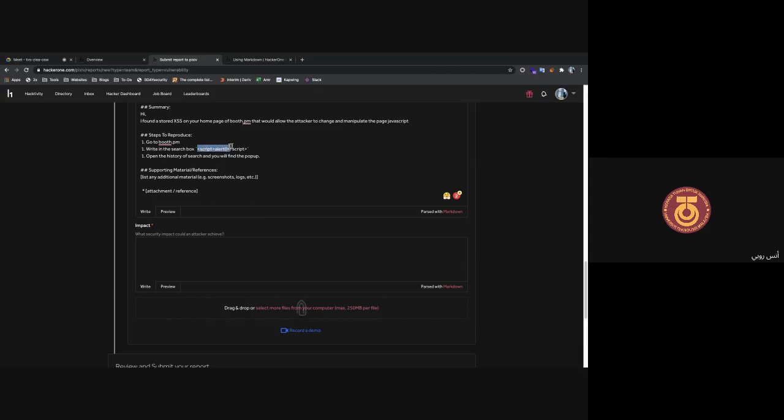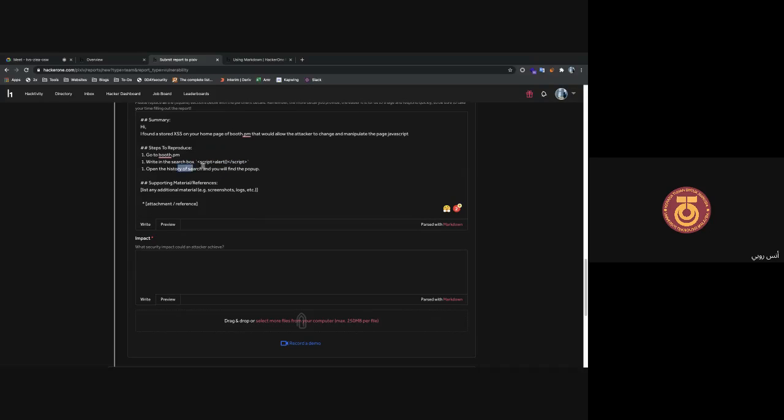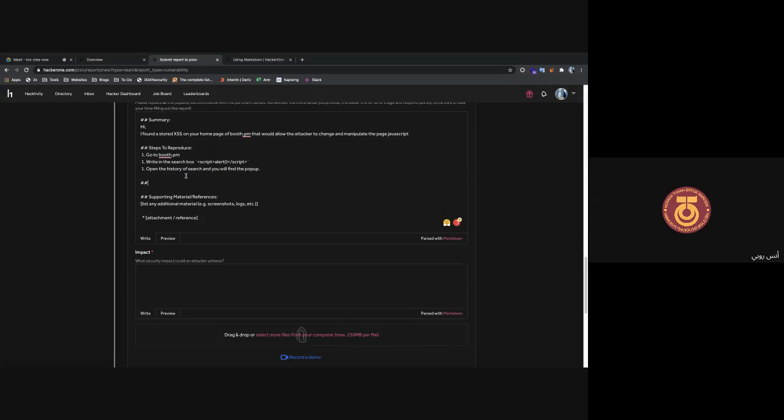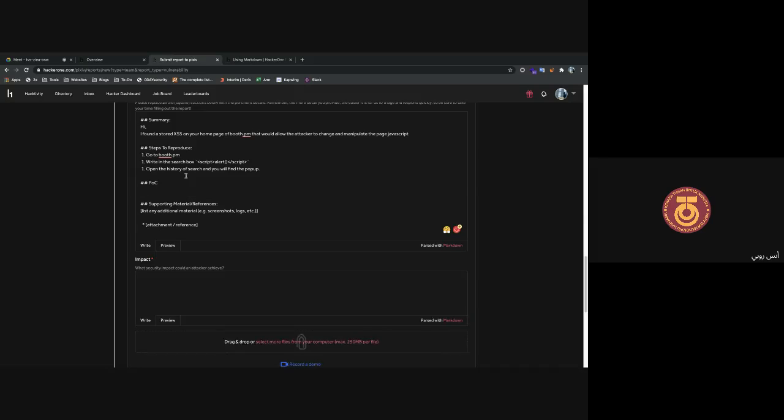So once you search for this payload, any other user that opens the history will find your payload and it will execute on their end. You can also add a POC. You will say, just check this URL, the search history. So for example,